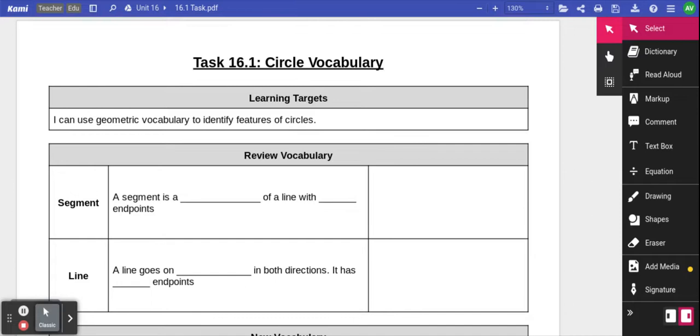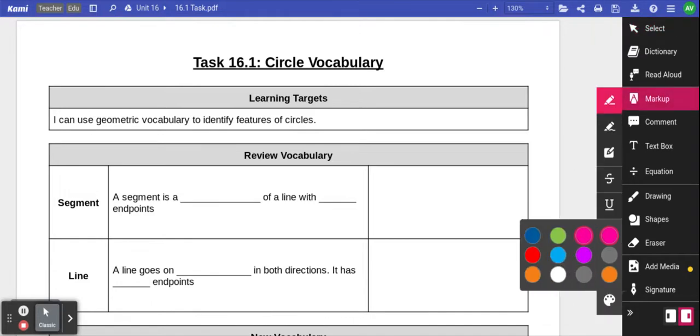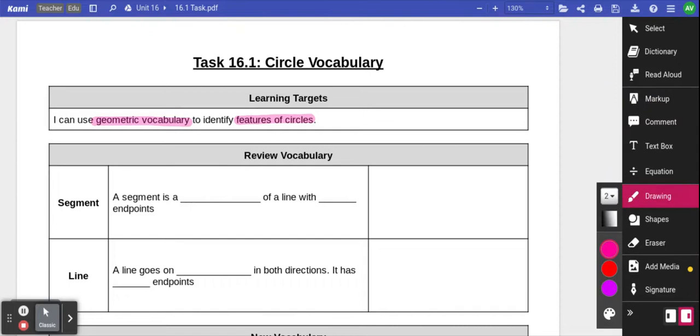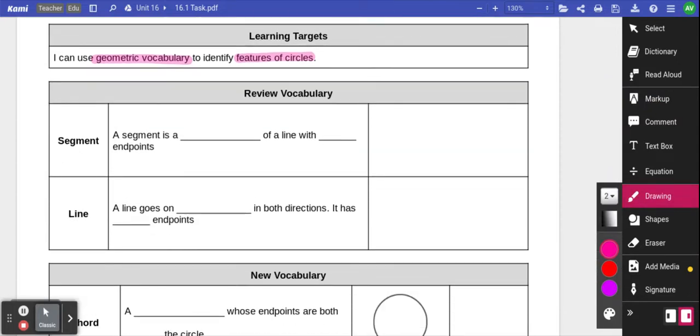The learning target for today's video is that we want to use geometric vocabulary to identify features of circles. So we're going to be looking at some pictures of circles today and some different geometric features that are inside of a circle, and we're going to be practicing naming them and identifying them using the right symbols and the right vocabulary. Before we do that, let's start with a quick review of some vocabulary from earlier this